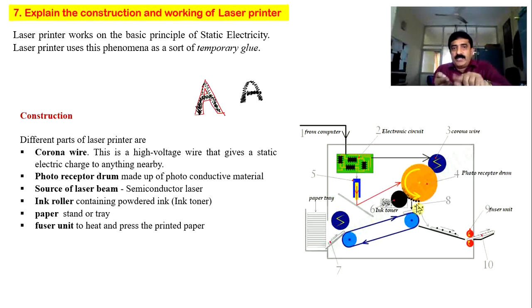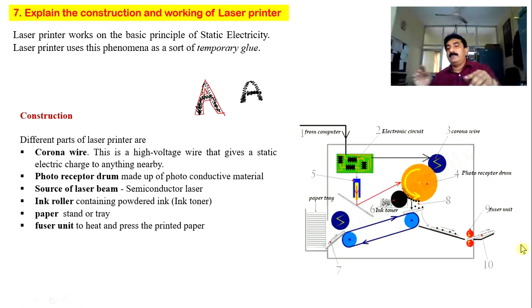Okay, so then the ink particles on the paper are loosely bound. If you just do like this, it gets erased. So that is not the correct method. Actually, I want a permanent print. That means the ink powder should get stuck to the paper permanently. Therefore, what I do, I make the paper travel further. So the paper travels further, it goes like this, like this, like this, and arrives here.